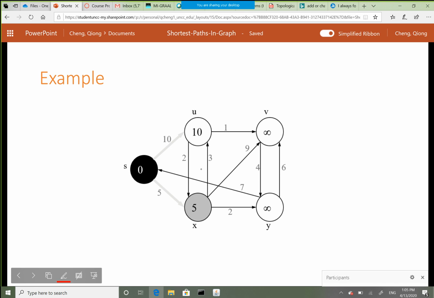When you check from S, you check all the neighborhood, and from this neighborhood you use the relaxation, corresponding to this relaxation here. Relaxation here corresponds to the very beginning. When you take a look at D of S to U, because S is the source, this is a single-step relationship. So this will be equal to what? Equal to the minimum